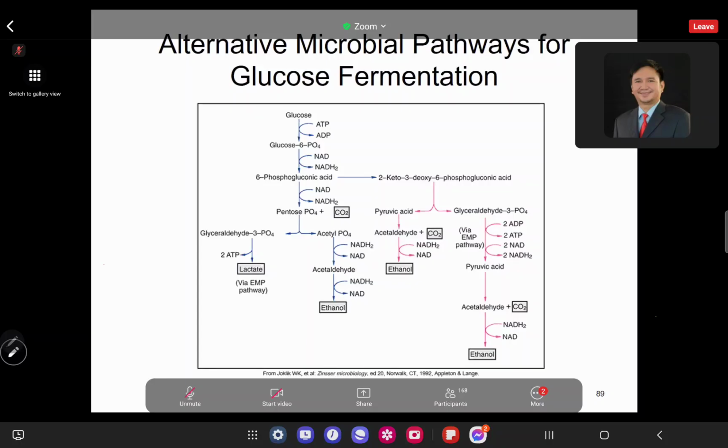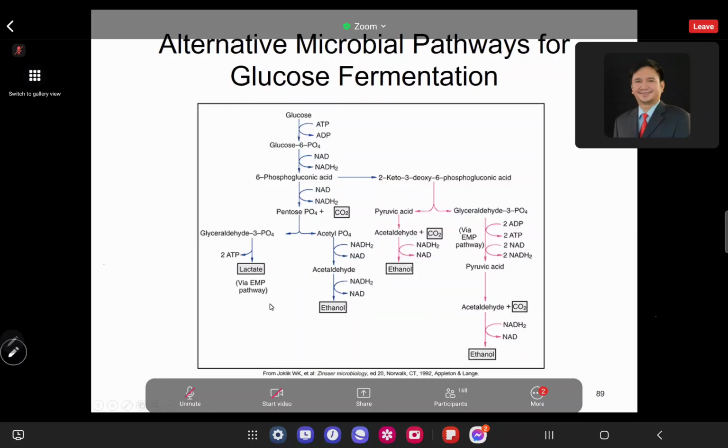We have alternative products of these pathways. We have acetaldehyde produced can be converted to ethanol via NADH, while your pyruvate can lead to acetate production as an alternative final product. Additionally, pyruvate can enter other fermentation pathways to produce lactic acid and acetate, as you can see in this diagram.